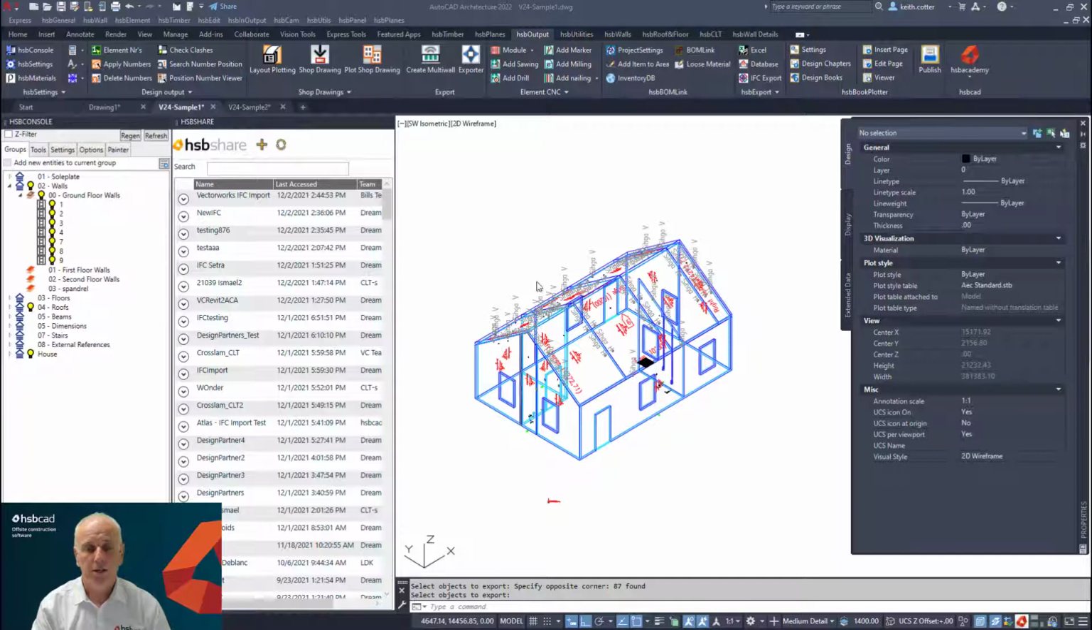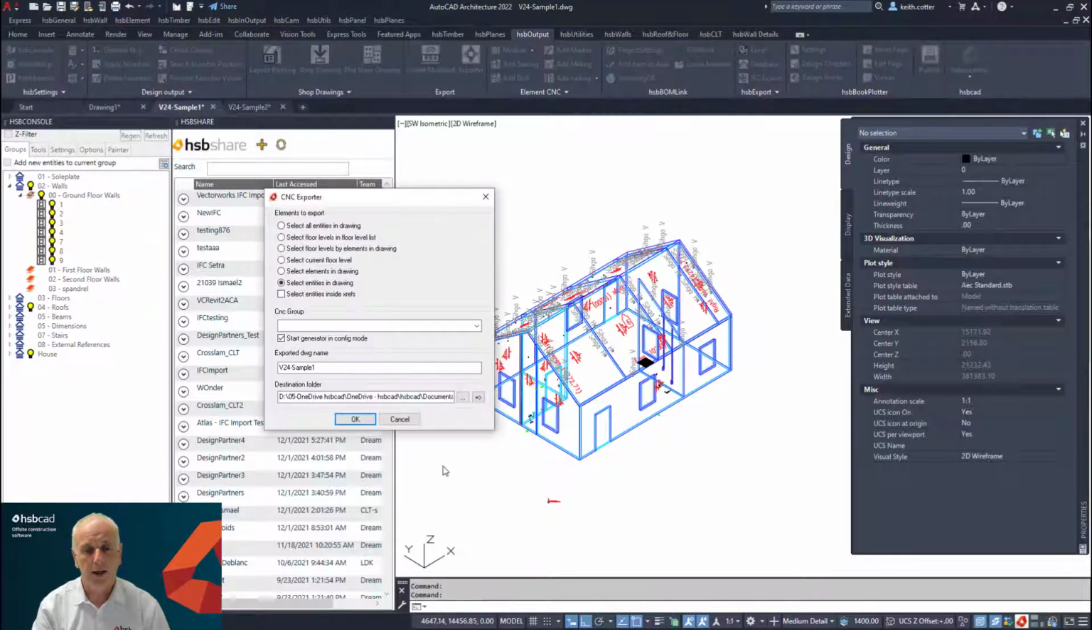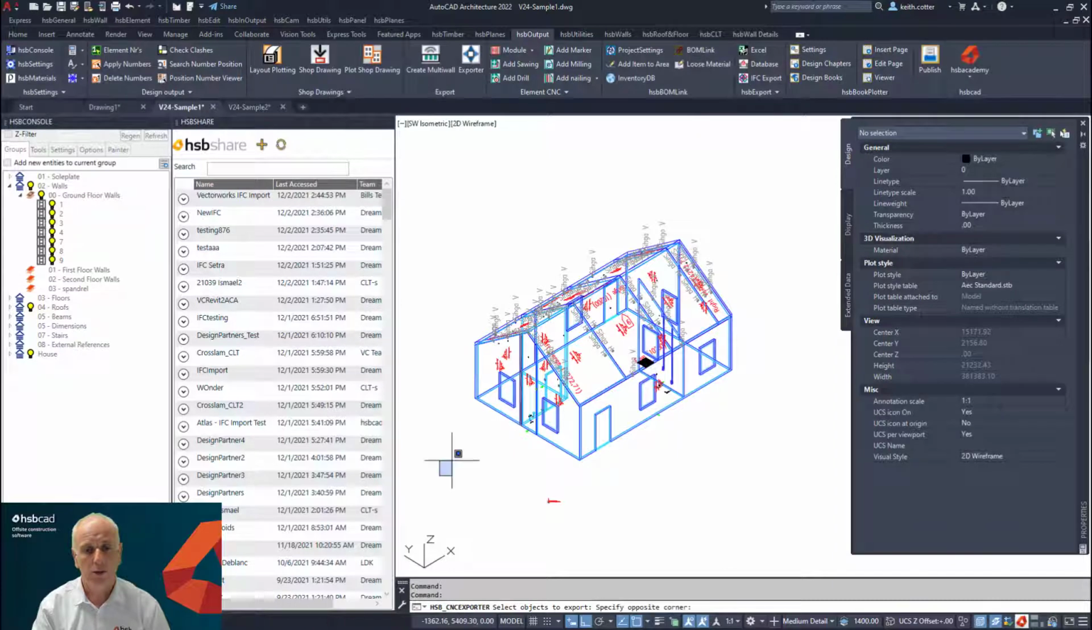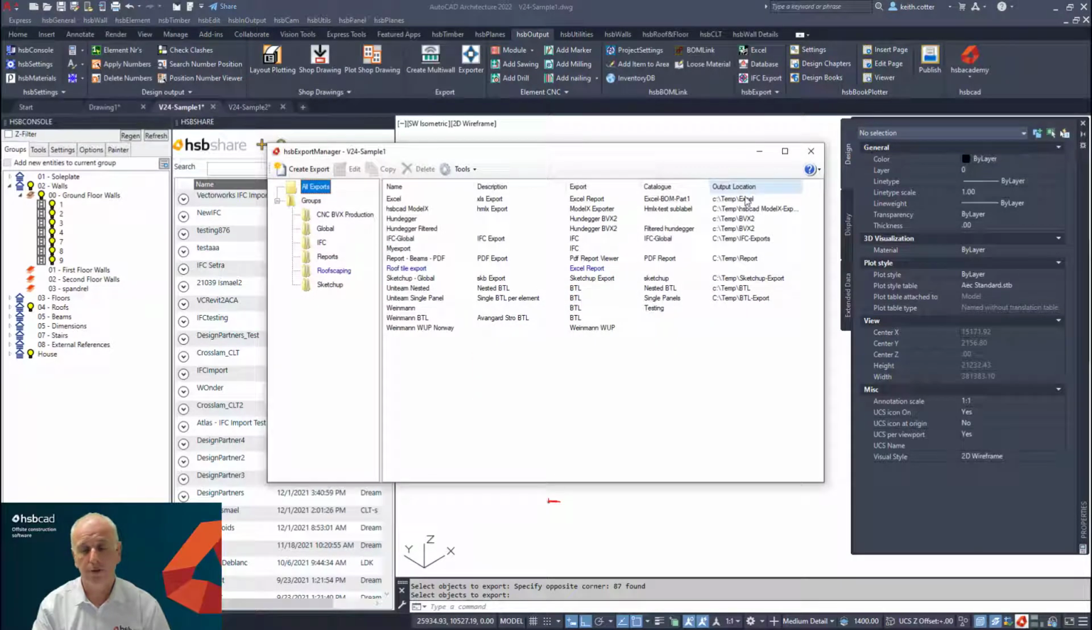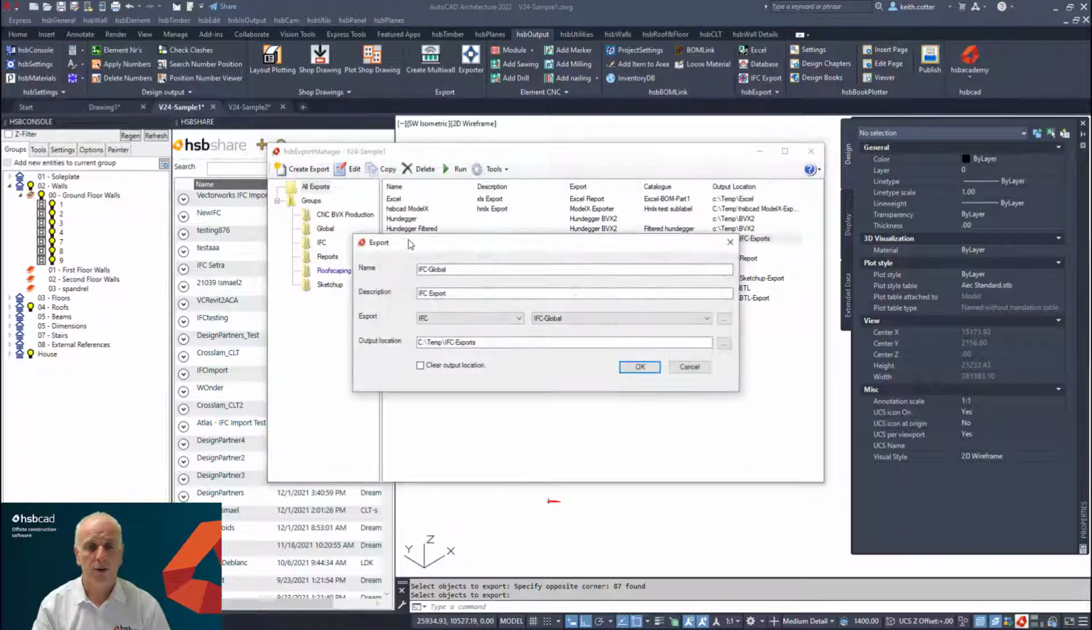On the subject of IFC, the first big important news that we should give you is we are completely supporting now IFC version 4. And I do that by running the export on this particular model. This model is nothing more than a whole load of CLT panels, walls, floors and roofs. And here you can see I already have an export called IFC, and I'm going to click into that